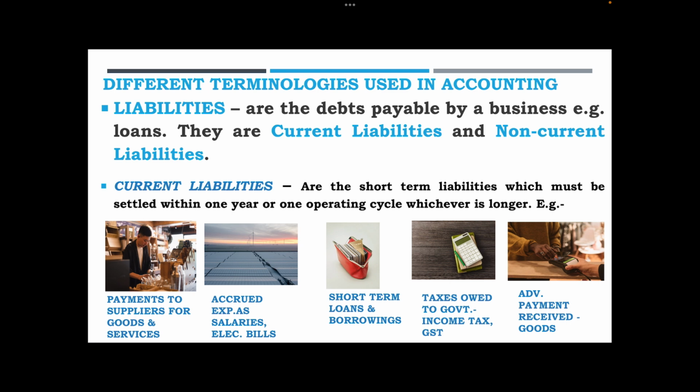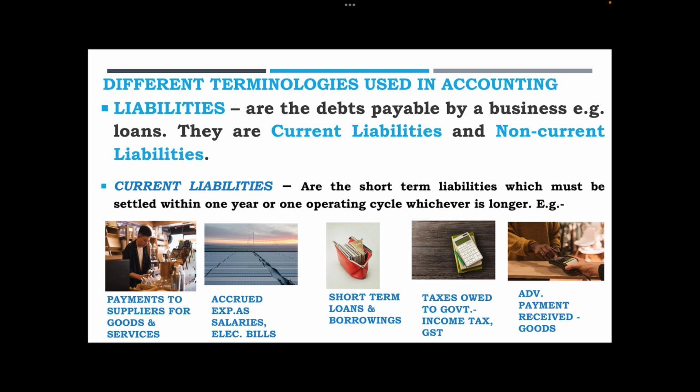Here, like payment to your suppliers for goods and services. If you have purchased goods or availed services, then he will be considered as your supplier or your sundry creditors, and that will be your current liability. Now accrued expenses like salaries, electricity bills, they have to be paid on the stipulated time, so that is your